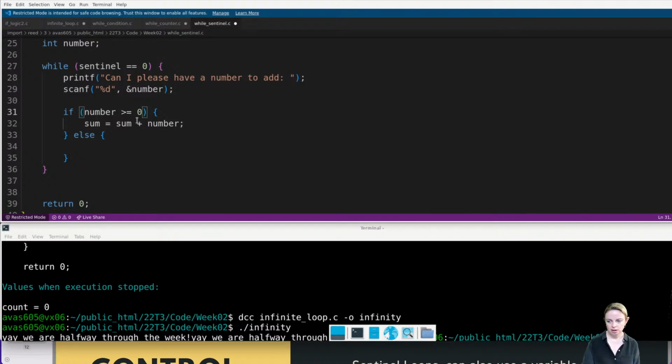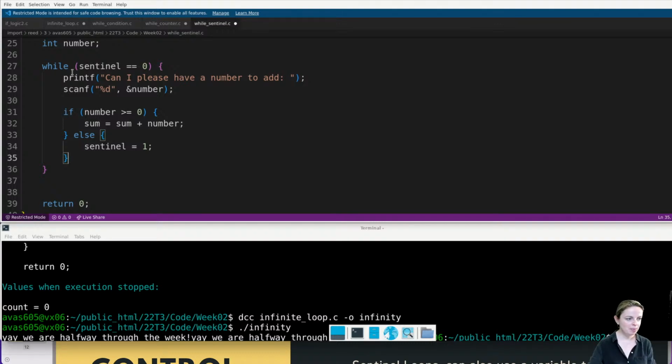Yeah, so if the number is positive, then we need to add it to the sum, else the number is negative. And if it's negative, I really want to stop scanning. So someone is saying we need to change the value of our Sentinel. That means I'm going to set Sentinel to 1, okay? Because I'm going to say no breaks, breaks only for debugging. Don't break out of the if statements if you can, which most of the time you can. So I want to set my Sentinel to 1.